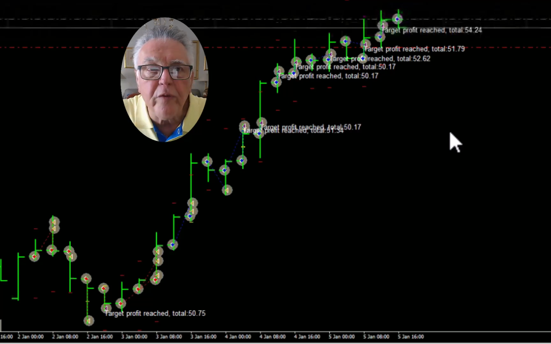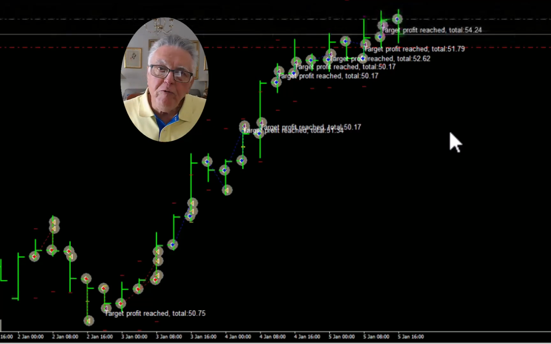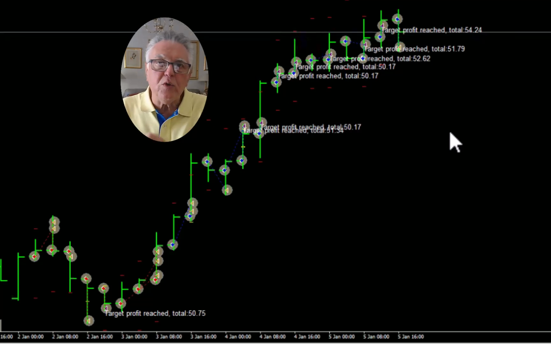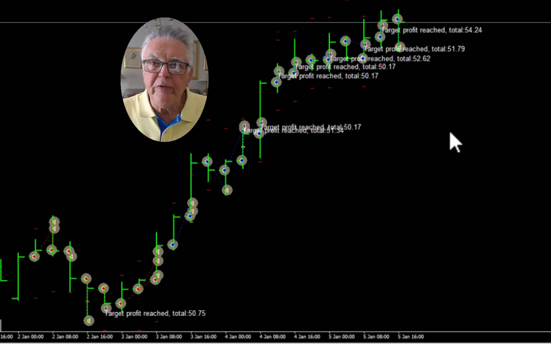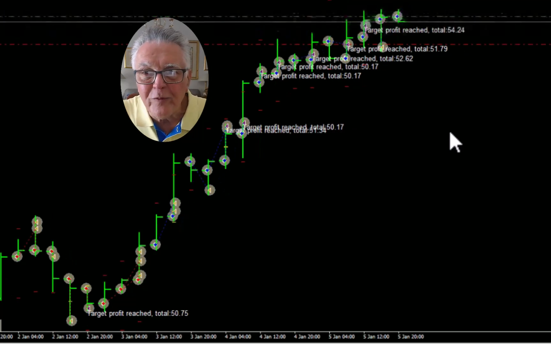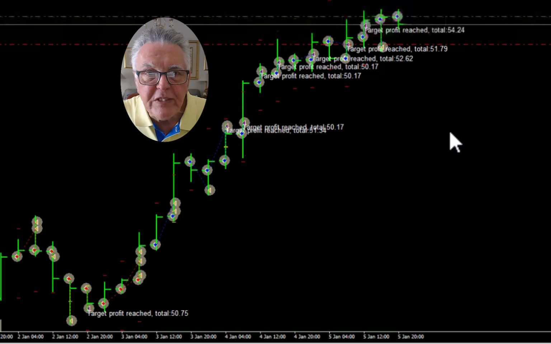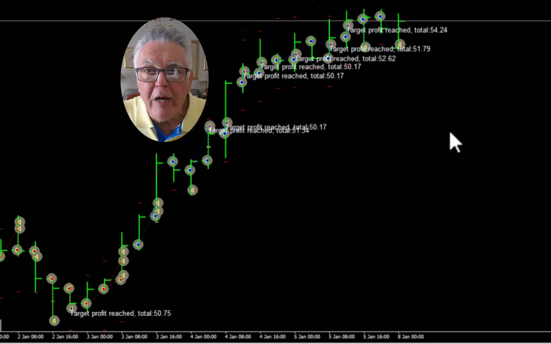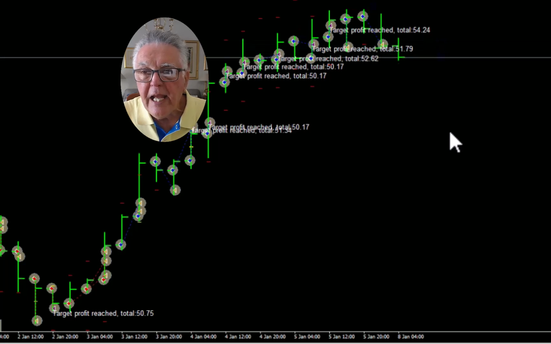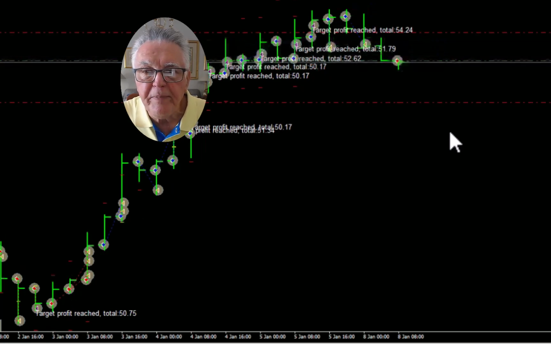We did start on the 1st of January. We're going to run to the end of July. It is August at the moment, early August, so we're running to the end of July. As you can see, it takes quite a long time for the trading to happen. This is being traded on a 4-hour chart. So every candle you see is a 4-hour candle,